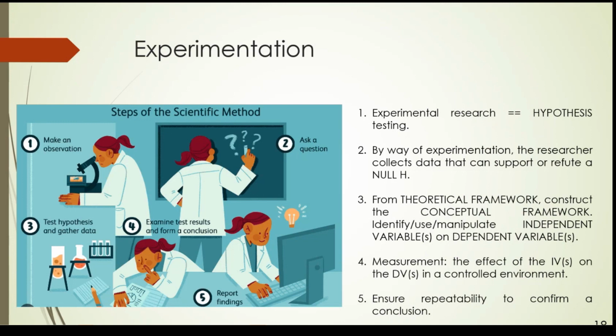So the conceptual framework will give you variables. A theoretical framework may not give you the variables. So you cannot come up with a hypothesis unless you have a conceptual framework. If you start with a theoretical framework from other people's literature review, then you have to come up with a conceptual framework. If you already have the conceptual framework from other people's literature review, then you can straight away come up with a hypothesis. It depends where you start in your research.